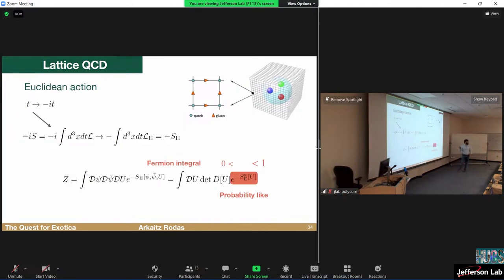So we are going to go in a different way, like perpendicular to this. And we're going to define imaginary time because we can. So i times the action is going to become just minus the Euclidean action. Okay? And now, of course, the temporal variable is space-like. So we went from Minkowski spacetime to Euclidean spacetime.